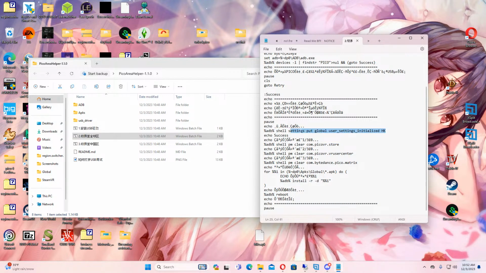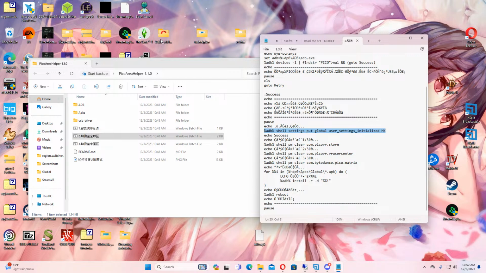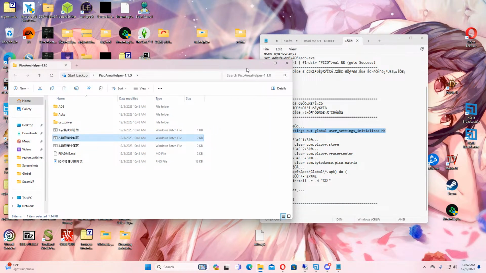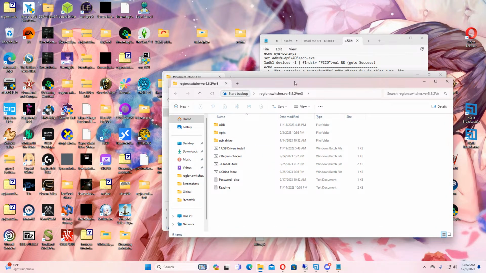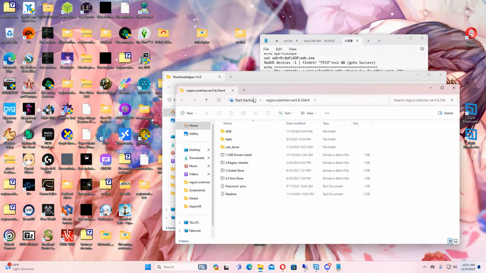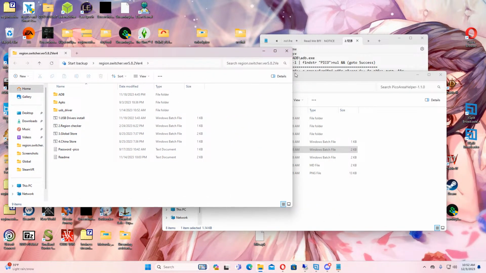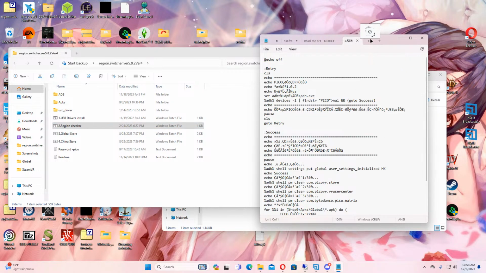Okay, so this is actually a decent command. So now I can go in here. Okay, so now the latest region switcher version 4. So now we're going to have to make this version 4. Okay. So now we have this, and then we need to go in here and get region checker. So region checker is going to end up